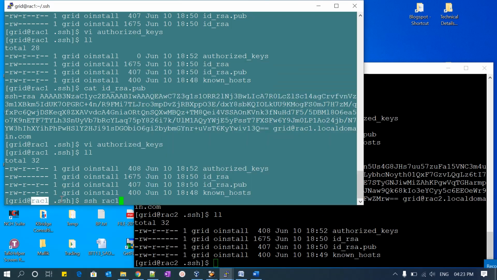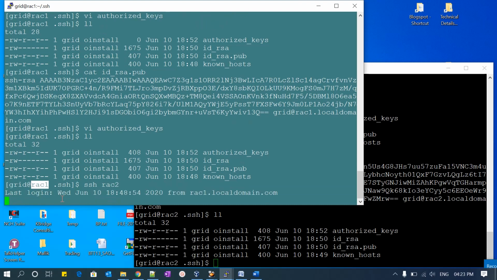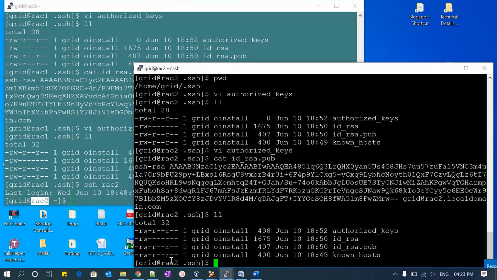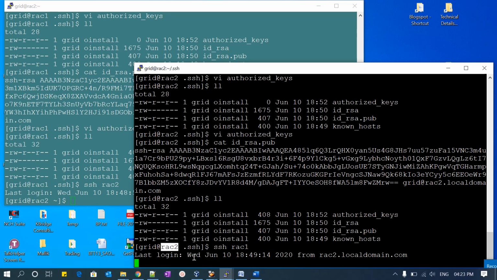Now from rack 1 I'll try to connect to rack 2. You can see here, from rack 1 it immediately connected to rack 2 without any password. This is called passwordless authentication. Similarly, from rack 2 I'll try to connect to rack 1. See, rack 2 went to rack 1.